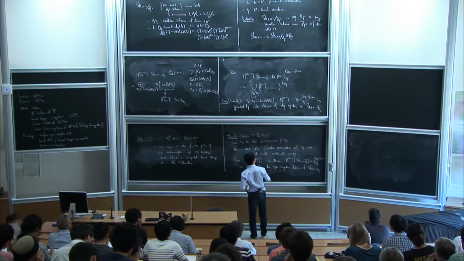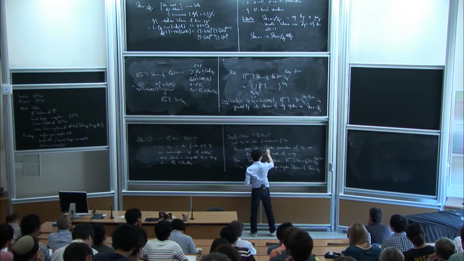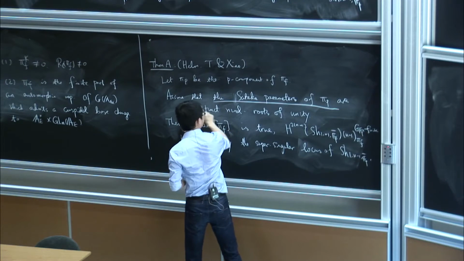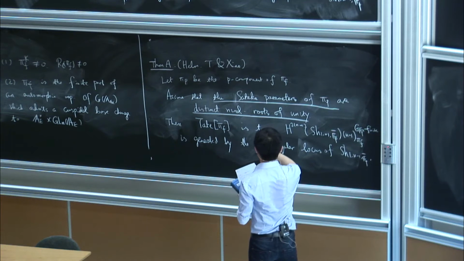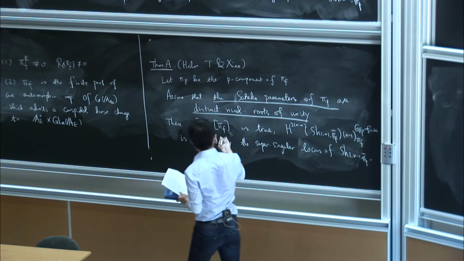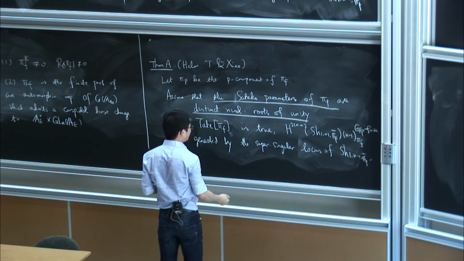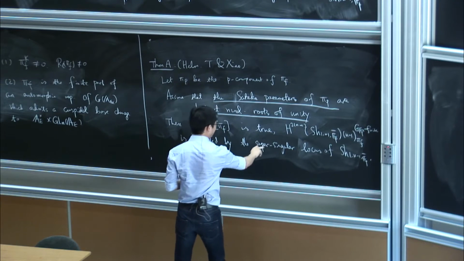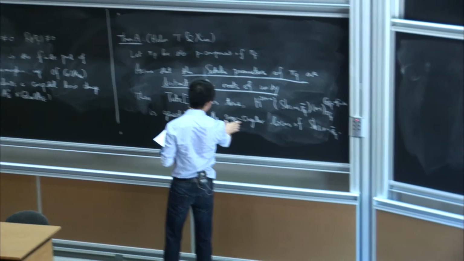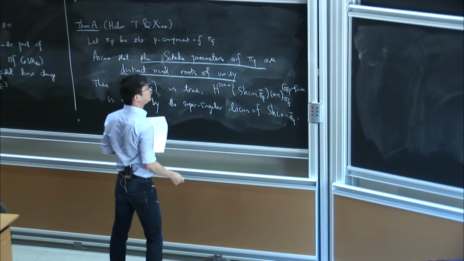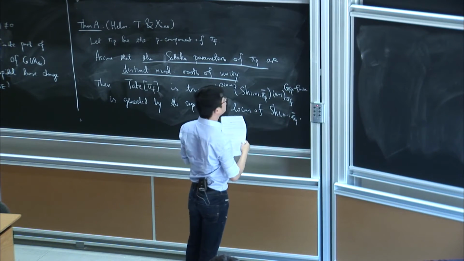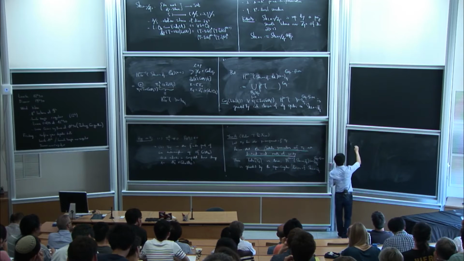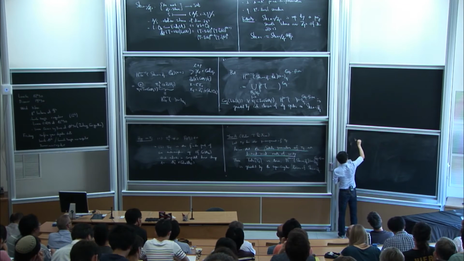Okay. So next, I'm going to explain two things. First of all, I will explain what this means explicitly and why it appears here. And secondly, I will explain how to construct such cycles and how to analyze this supersingular locus. Okay, so to describe this condition explicitly, let's write